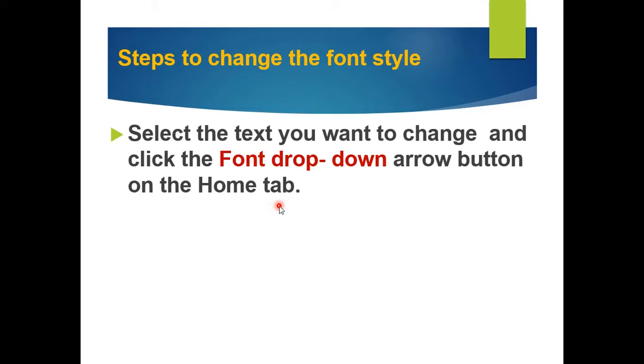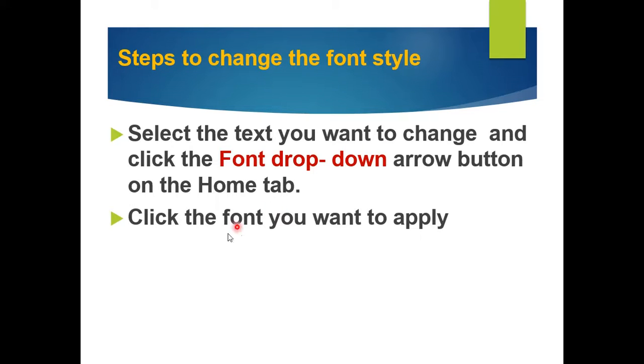Okay, so I have told that the home tab contains one button, that is the font drop down arrow button. So just click that. First you select the text you want to change and just click the font drop down arrow button on the home tab. Then click the font you want to apply.